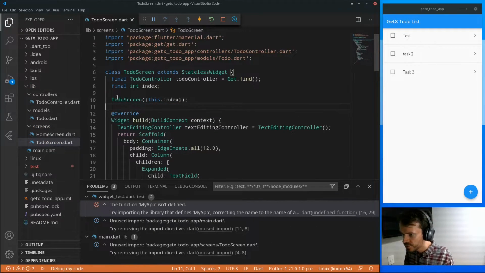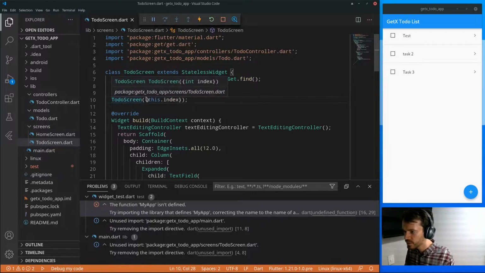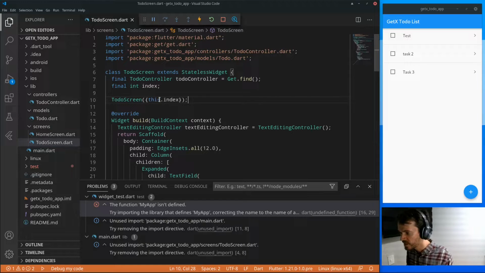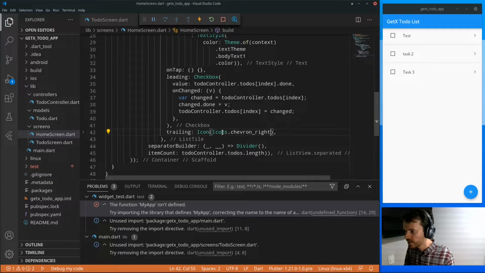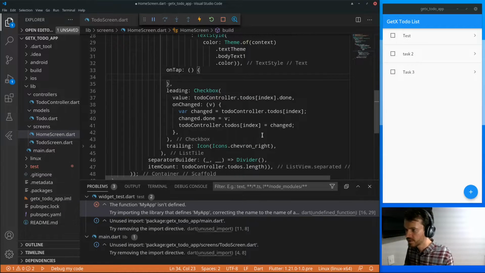So I have a ToDoScreen constructor, and this constructor receives an index that will represent the index of the item you are editing. In the case you are just adding a new item, the index will be null. Now let's go back to home screen. And here in home screen, when the user taps one of these list styles, just make